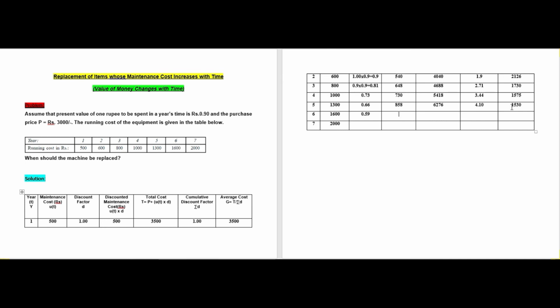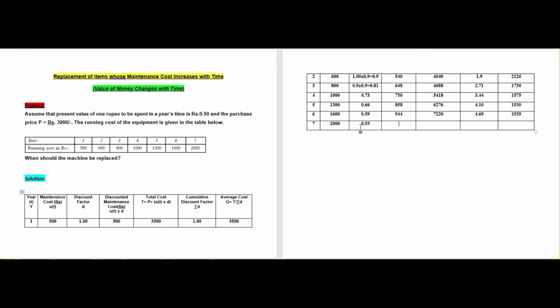0.59. Multiplying 1600 into 0.59 becomes 944, and the total cost equals 6276 plus 944, which is 7220. The cumulative discount factor is 4.10 plus 0.59, which becomes 4.69, and the average cost equals 7220 divided by 4.69, which becomes 1539. For the seventh year the maintenance cost is 2000 rupees, and the discount factor 0.59 into 0.9 becomes